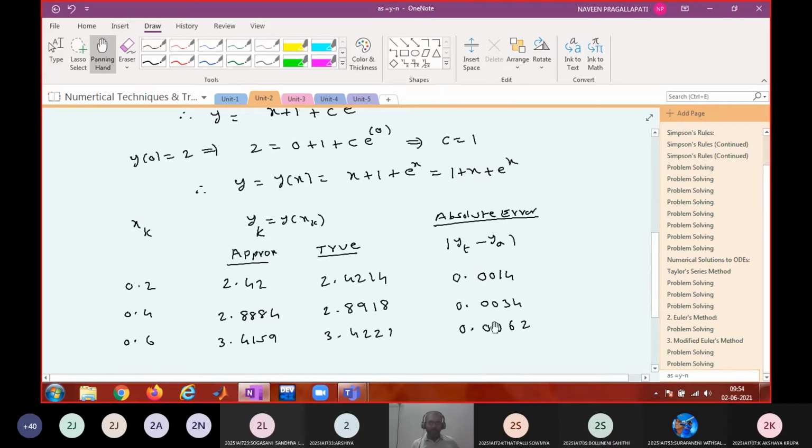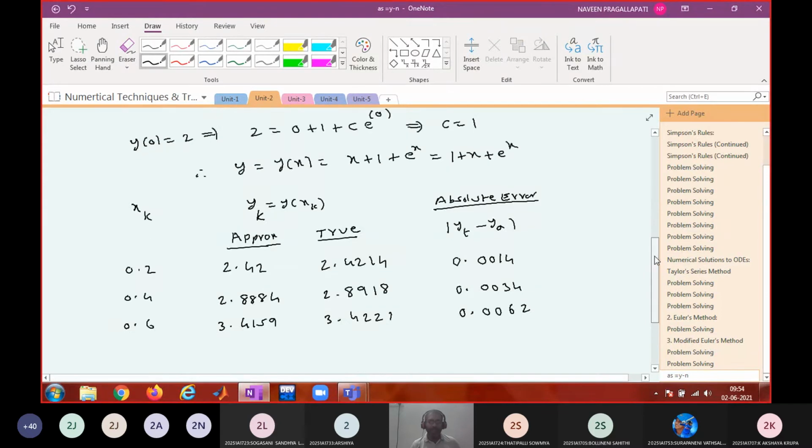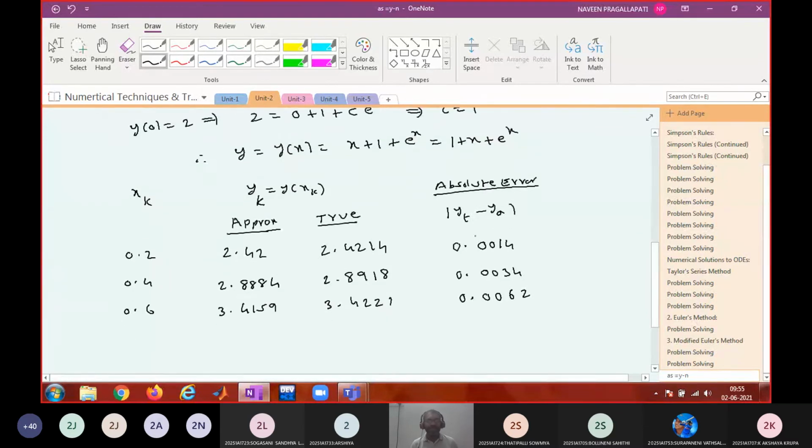You are getting two decimal zeros, no? That means it is correct up to two decimals. Therefore, you can say the precision is up to 10 power minus 2, or 0.01, for this problem. Do you agree? Okay, so all the remaining problems are done in a similar way. We just have to write the formula, and whatever is asked you have to find out by substituting the values. Is this clear?